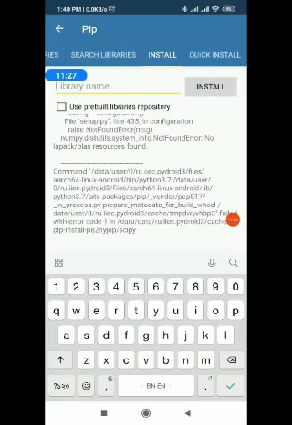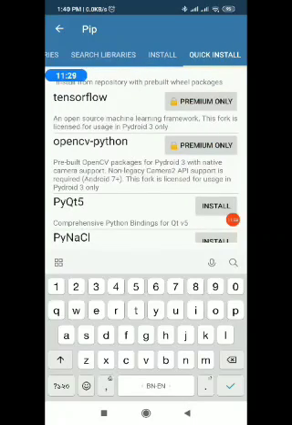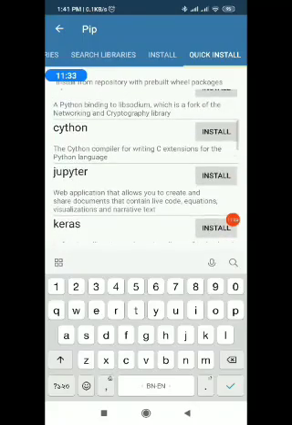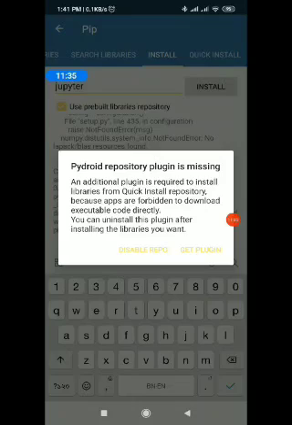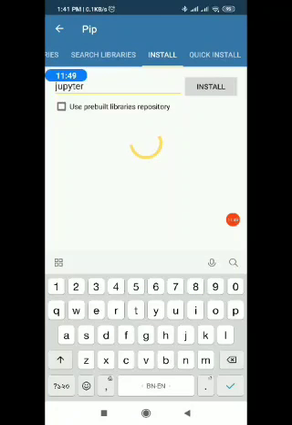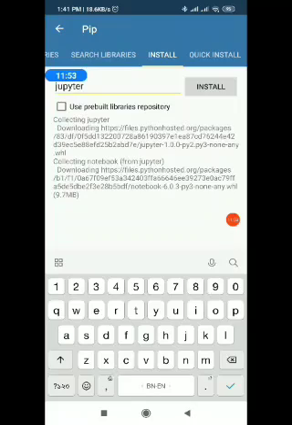Okay, from the quick install also you may go for the installation, but it is showing you to get the plugin. So it is collecting Jupyter notebook.